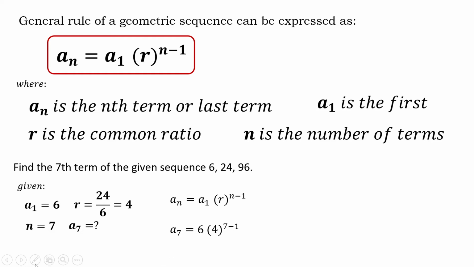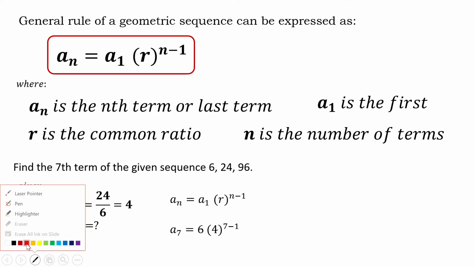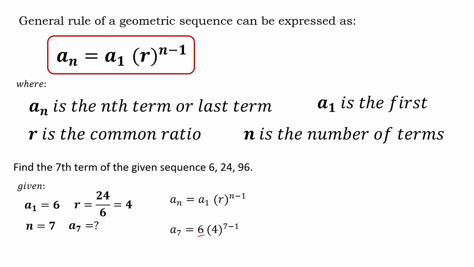Okay? So, these are the given. Ito yung first term, 6. Okay, first term 6, and we have R is 4, R natin ito, which is 4, and N minus 1. So, N is 7 minus 1. So, with this case, unahin natin yung power pag solve. So, 7 minus 1, you will have 6. After that, okay, erase natin, 4 raised to the power of 6, that is equal to